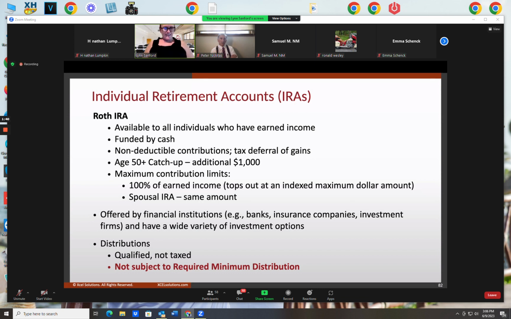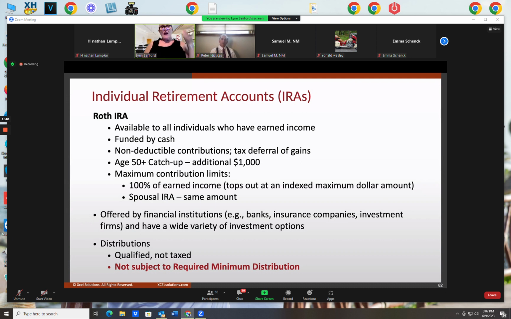Distributions. Distributions are qualified. They're not taxed from a Roth. After-tax dollars go in, as long as that account is established for at least a minimum of 5 years, and you get up and over the age restriction of 59 and a half set by the IRS, you pull the money out tax-free as well. So it's qualified and it's not taxed. You could live to be 120 on this planet and never take money out, they already got their taxation.